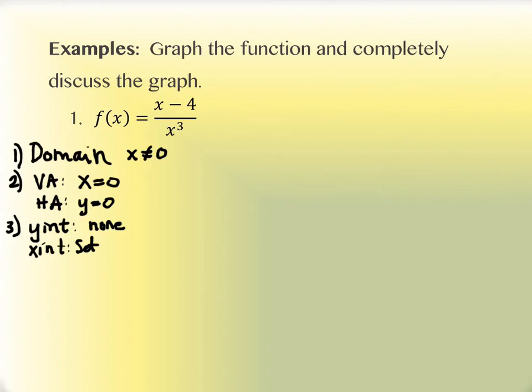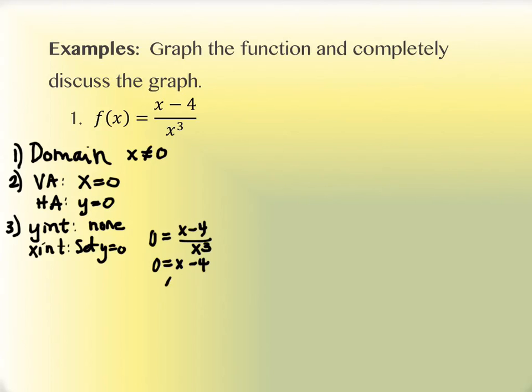Right, we set y equal to 0. Now, in particular, if y equals 0, y is the same as f of x, of course. So this is 0 equals x minus 4 over x cubed. You could either think of multiplying by the x cubed, so it goes away, or you could just recognize that if you get a 0 in the numerator, it makes the whole thing 0. So either way you look at it, this is the same thing as having the numerator equal to 0, and